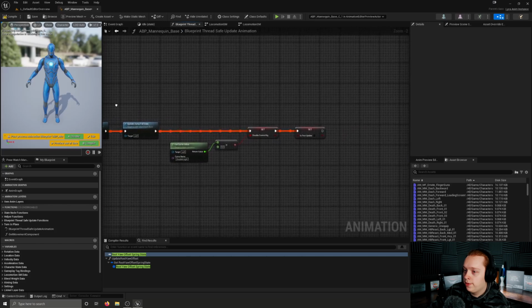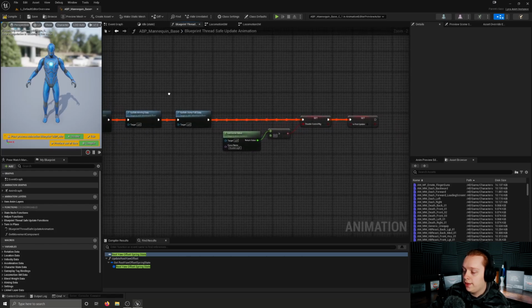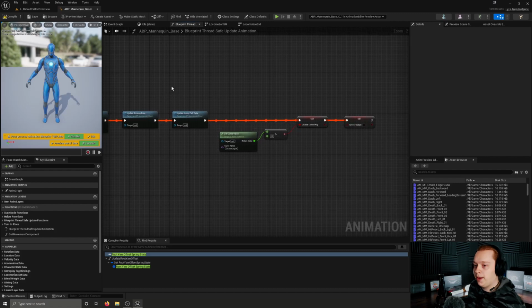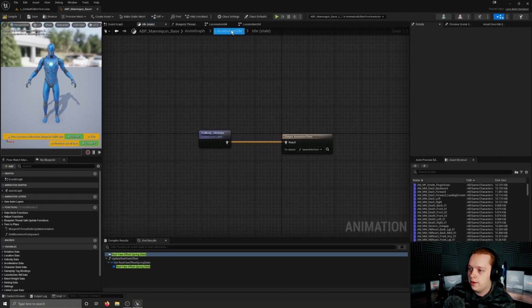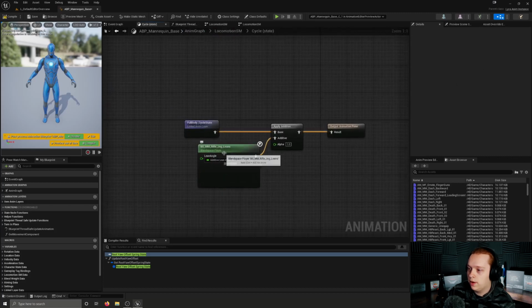Well, we've made it to the end of the event graph, and you might be wondering about some of the things that don't seem to be complete. There are some variables referenced that aren't set. There are other things that we probably need to do calculations for, such as all of our distance matching logic, but it's not here. And I'm not going to be covering that in this video, but if we just hop into one of these states here,